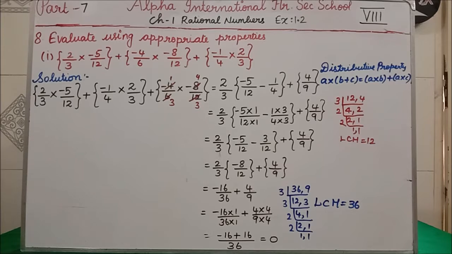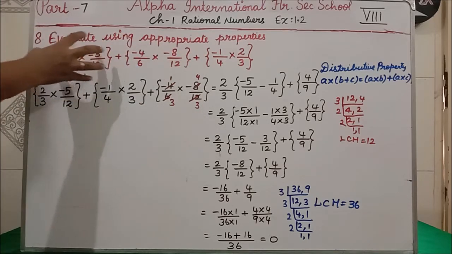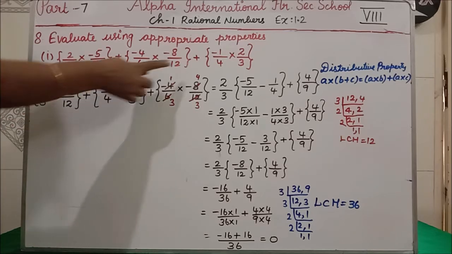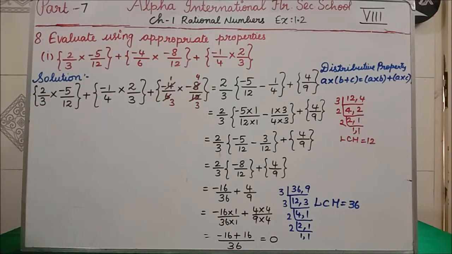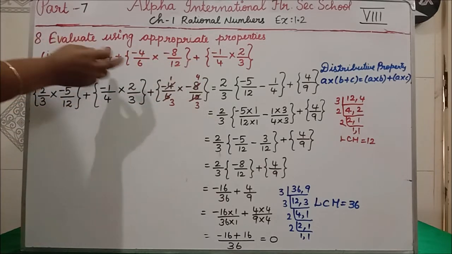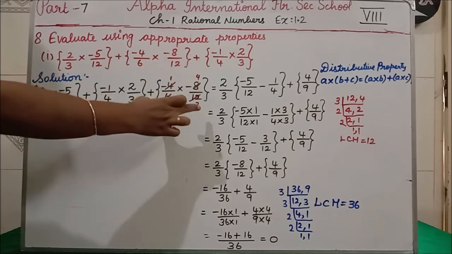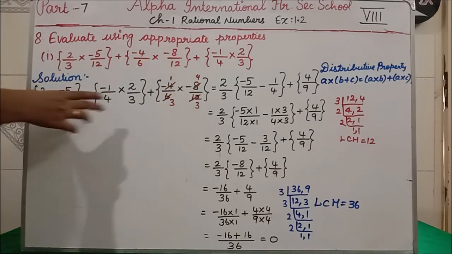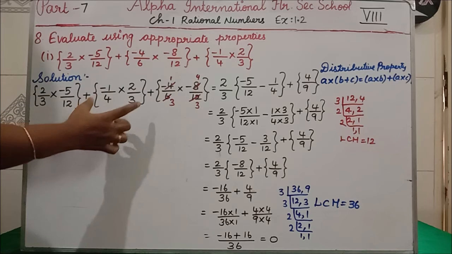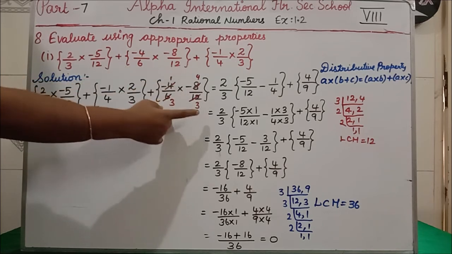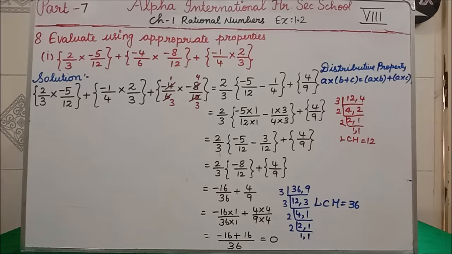Clear, all of you? First I am writing this part. Why? Because here also I am having 2 by 3, and there also I am having 2 by 3. So I am writing this part first. In between plus, because I am having plus here. Then where am I getting 2 by 3? Here. So write that part. Clear, students, all of you? Then the remaining part is this only. So write that remaining part also. Clear? How have I written up to this step? The first part I have written, the last part also has 2 by 3 and I have written that here. The remaining part is this, so I have written it here. Clear, all of you? Now see, this is what I have written.